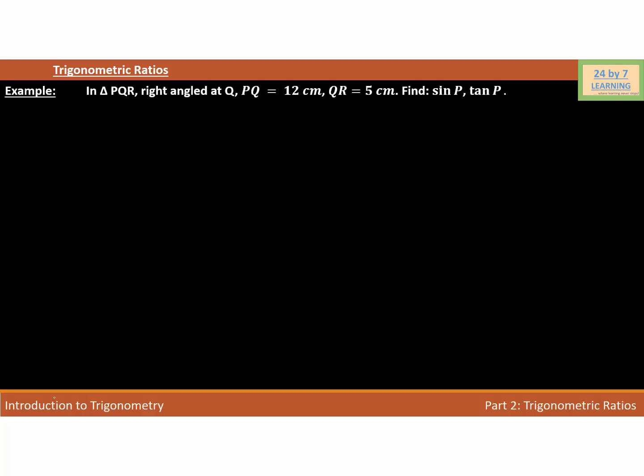Example: in triangle PQR, right angle at Q, PQ is equal to 12 cm, QR is equal to 5 cm, find sine P and tangent P. So as you can see, it is given that we have a right triangle PQR. So I'm going to draw a right triangle. So this is my right triangle PQR,